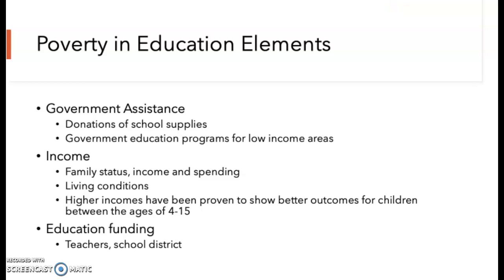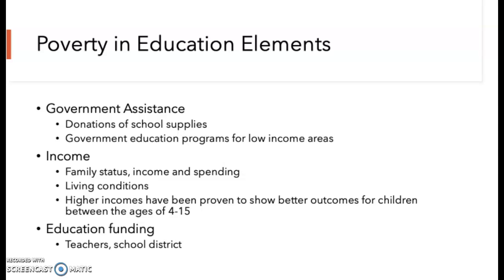So first I'd like to go over some of the elements that poverty in education is made up of. First, government assistance. It greatly affects our school systems and their ability to teach and guide our youth. Things such as donations of school supplies, lunch programs, and educational programs for low-income areas are extremely important to those struggling in poverty. I think that this is most impactful in impoverished areas such as full school districts, and also in third world countries that don't have access. So government assistance and foreign aid and volunteering is really important. Without that government funding or the help from nonprofit organizations, schools would and still do struggle.